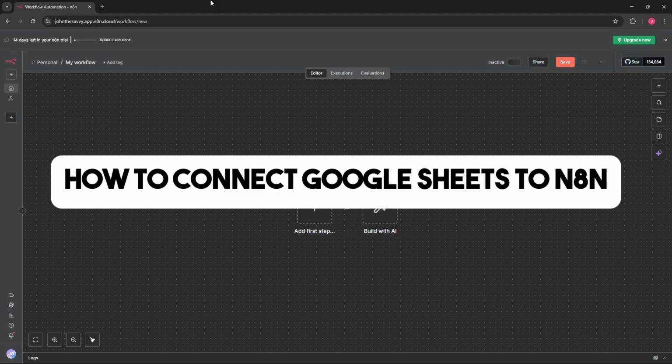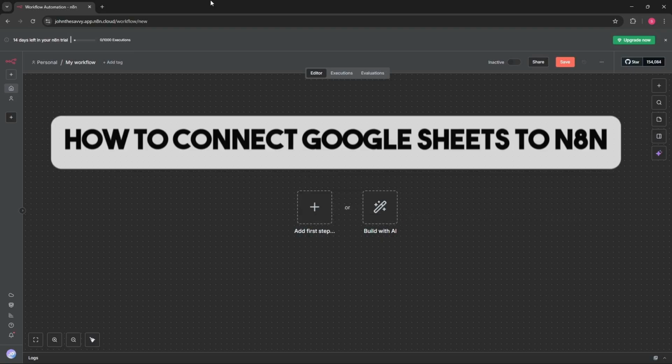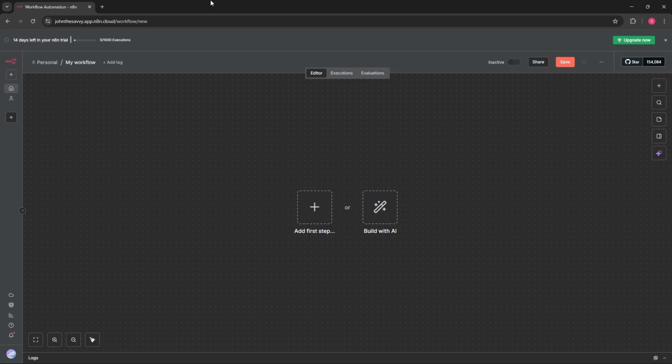Welcome. This is how to connect Google Sheets to n8n. So guys, first is just simply go to your workflow into your n8n, and now from here you can